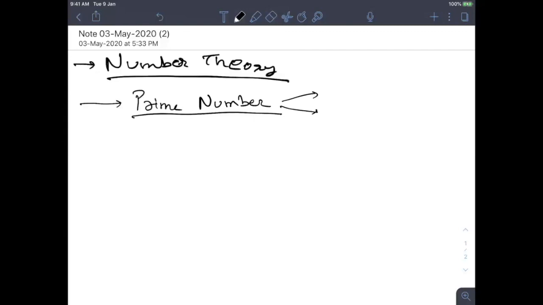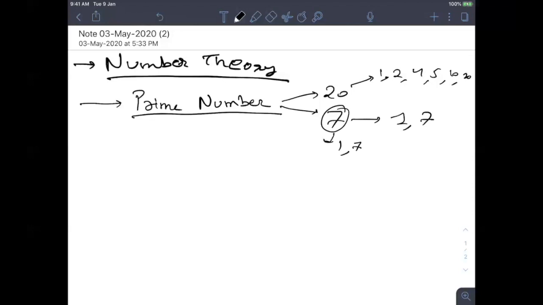Let's say the numbers are 20 and 7. 20 is divided by 1, 2, 4, 5, 10, and 20, whereas 7 is divided by only 1 and 7. So if a number is only divided by 1 and itself, then it's a prime number. You must be knowing 1 is not a prime number because it has only one factor, right?